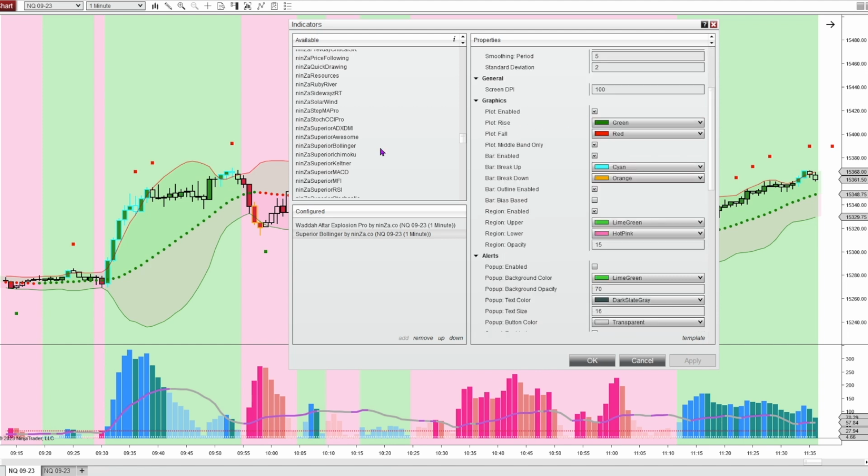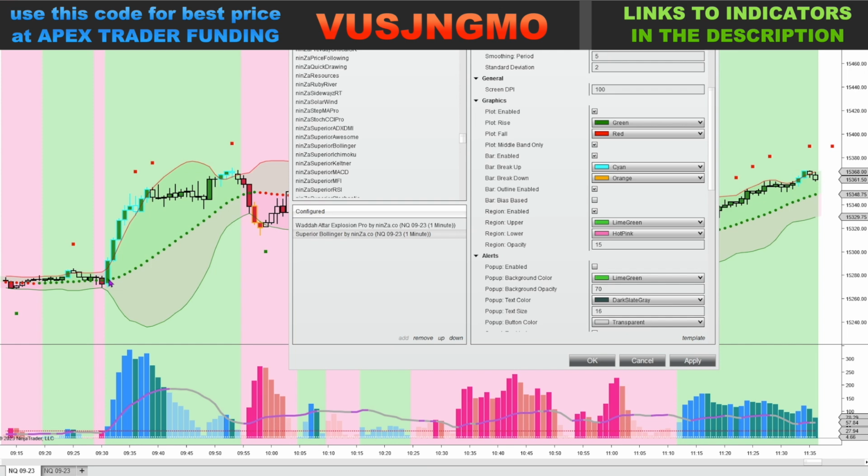I've got the plot enabled. That's these green dots on this center band here. Green for up, red for down. I've got the bar enabled and the bar outline enabled. And depending on which order you have your indicators in here, I can change the position. So depending on where you have these indicators positioned in your window here, I've got it set up so that